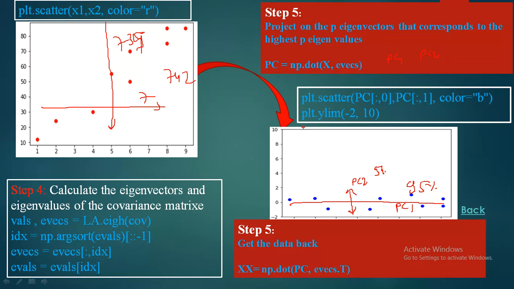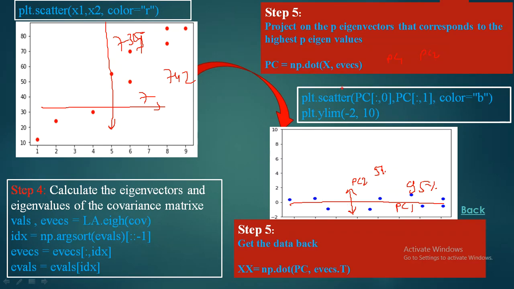Okay, so note it as an exercise. You have to find out the covariance of PC and check how the variance is distributed. So here you can see that the maximum variance is captured by PC1 only, PC2 having very little. So using PC1 only, you can represent the whole data.